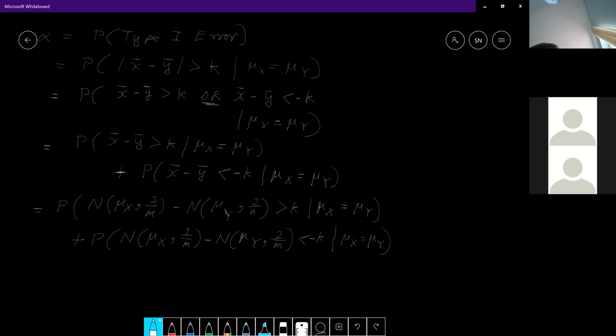Now, once again using the property of independence of the normal variables, you can combine them into one. So the first one will combine into a normal with mu x minus mu y as the mean. The variance will be 1 over,